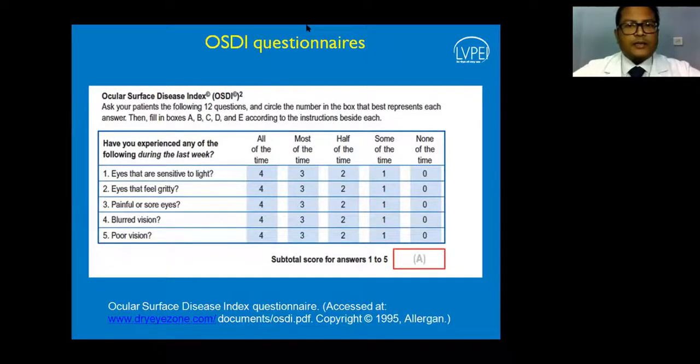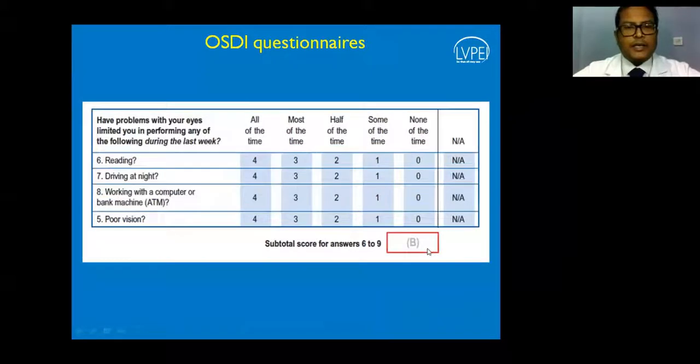So it's important to ask the patient about symptoms of dry eye, whether the eyes are sensitive to light, whether they feel gritty, painful, sore, blurring of vision or poor vision, and how often the patient experiences these symptoms, whether it is sometimes or all the time. And then the subtotal of all is given into a score, which is one part of this questionnaire. The other parts include whether there are problems with some tasks such as reading, driving, working with a computer or bank machine, poor vision,